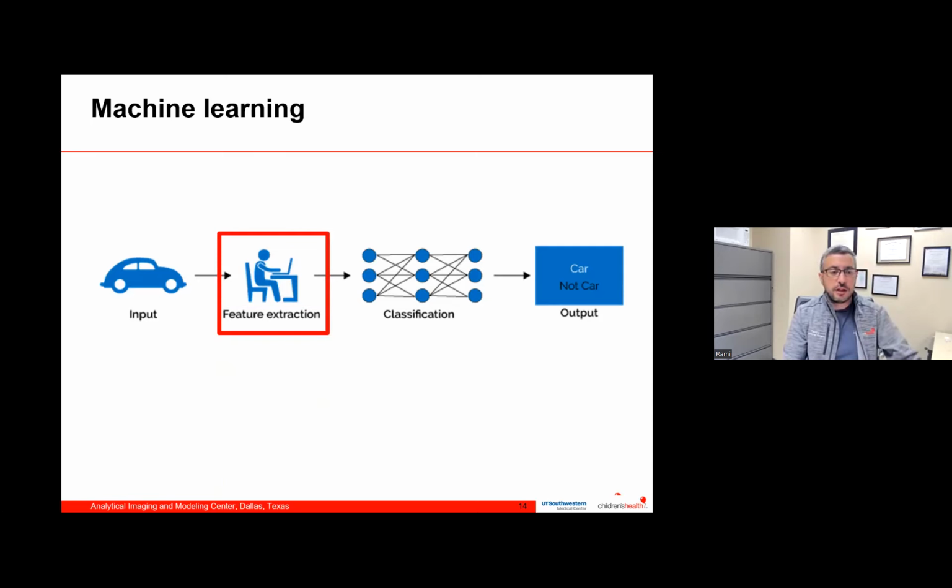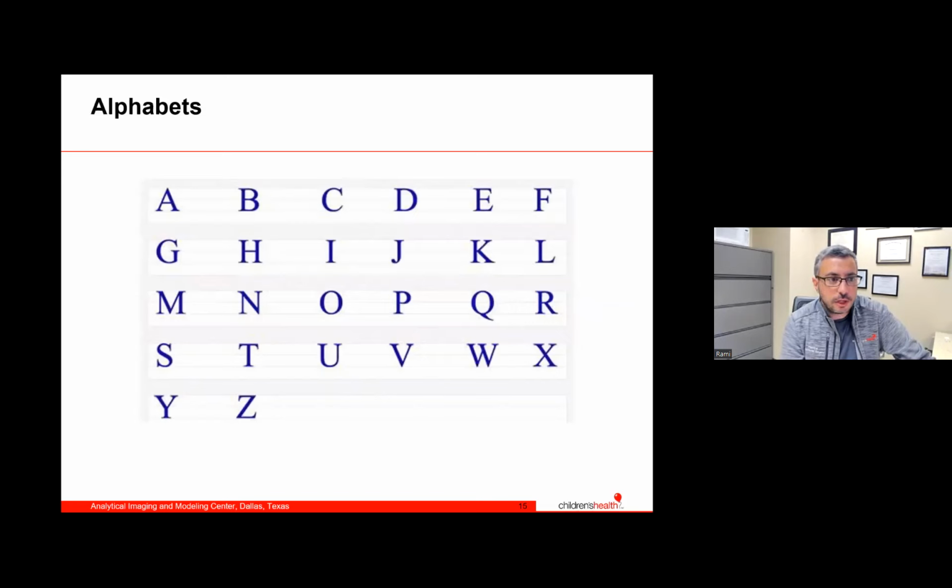Because if you look at features that are not important for that particular disease, then our models will not be able to identify the images very clearly or very accurately. So in order to do that, I'm going to do an example using the alphabet because we are all familiar with it. I want to show you how we can extract features from these letters. And I'm going to focus on 3 letters today: I, P, and R.